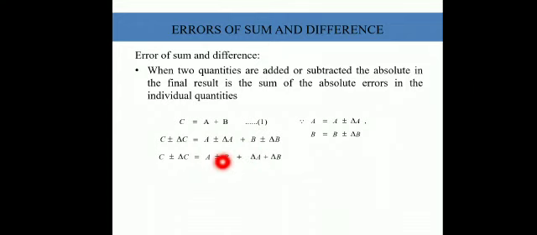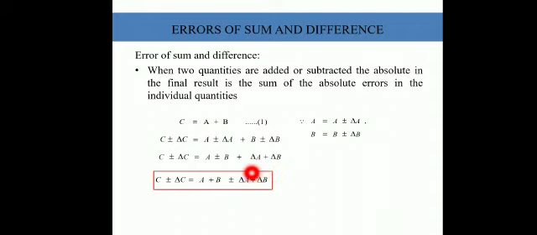So this is what we should understand. If the error in A is delta A, and the error in the measurement of B is delta B, then the error in the value of C, which is obtained by adding A and B, could be calculated as only delta A plus delta B. If you see, A plus B is nothing but C, so this C and that A plus B cancel, and we obtain the error in the value of C as the error in the first value plus the error in the second value when the values are added or subtracted. To understand in a better manner, we'll take an example.